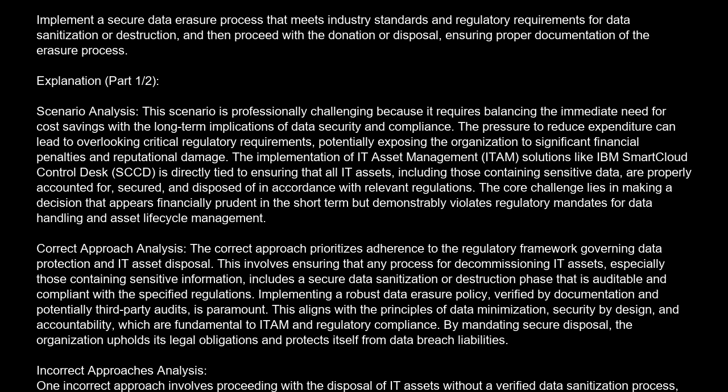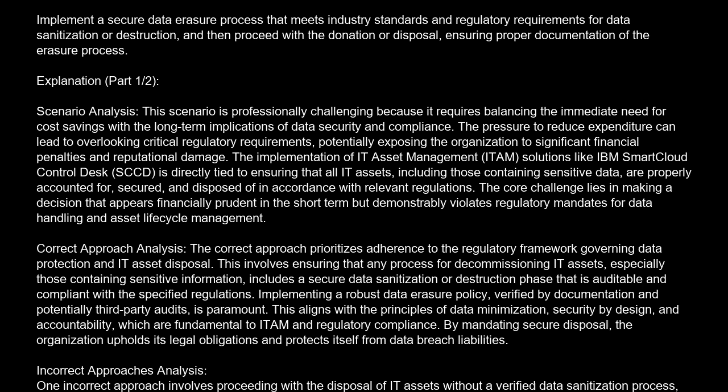Explanation. Scenario analysis. This scenario is professionally challenging because it requires balancing the immediate need for cost savings with the long-term implications of data security and compliance. The pressure to reduce expenditure can lead to overlooking critical regulatory requirements, potentially exposing the organization to significant financial penalties and reputational damage. The implementation of IT asset management (ITAM) solutions like IBM SmartCloud Control Desk (SCCD) is directly tied